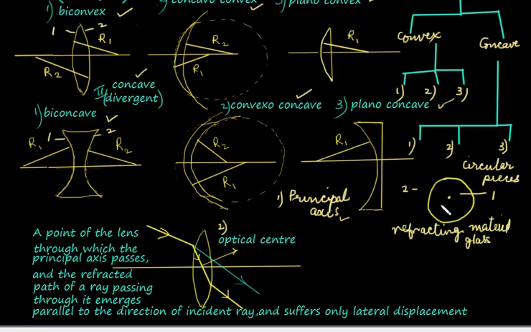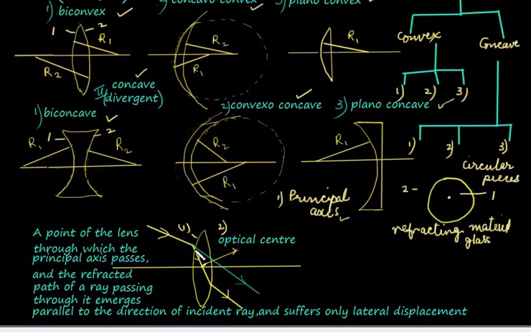When we consider the cross section of the lens and when we represent a lens as is shown here, this central point is the optical center. Let us try to understand this diagram. A ray of light is striking this surface which we marked as surface 1. It undergoes refraction as it is entering a denser medium, glass.